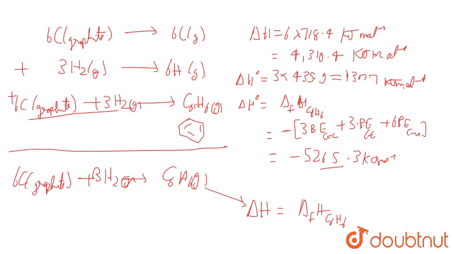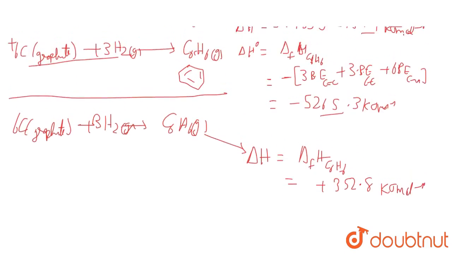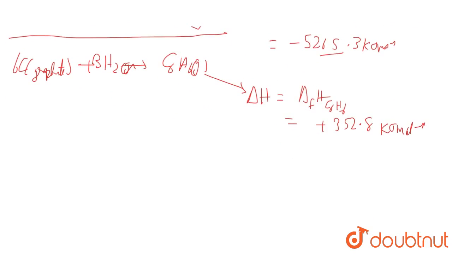So adding this and this will give us plus 352.8 kilojoule mole inverse. Okay, so we have found the heat of formation of C6H6 benzene